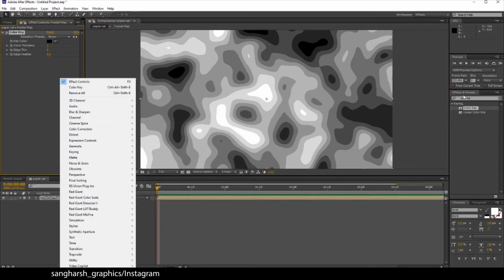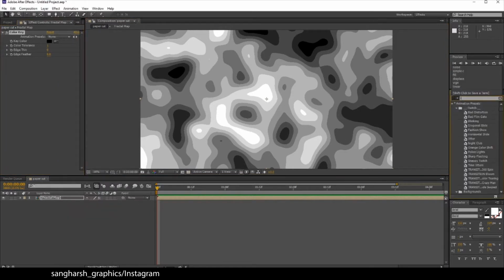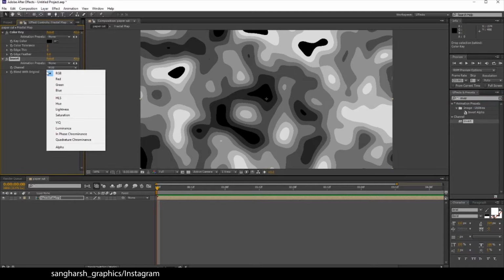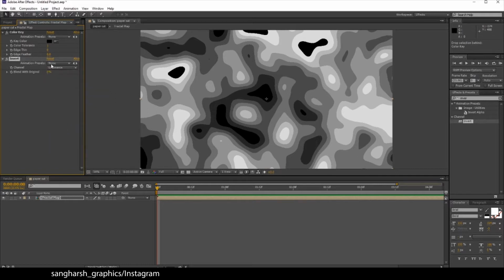So search for invert, apply it below the color key, and you can change its value to luminance, or we can just keep it RGB.